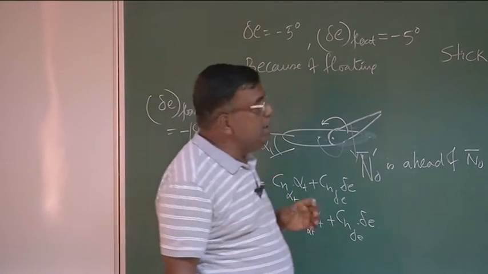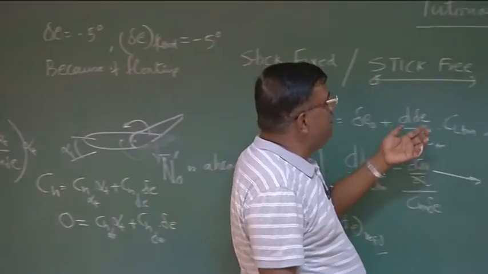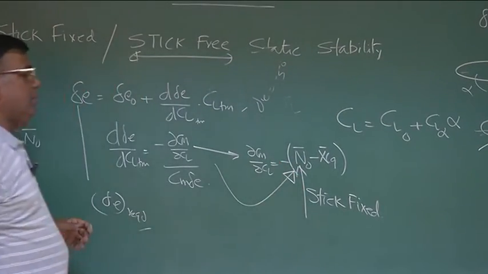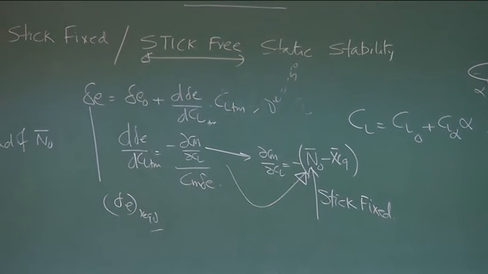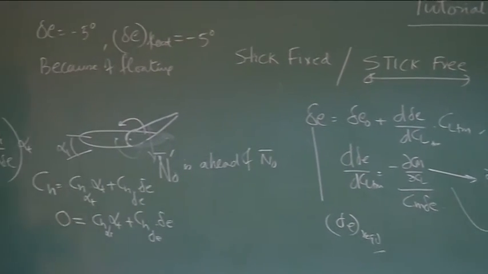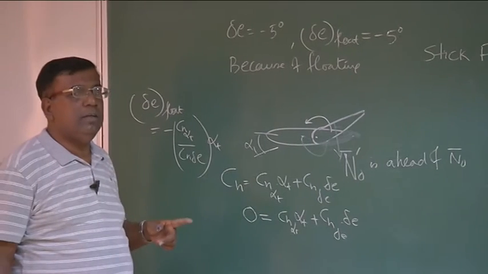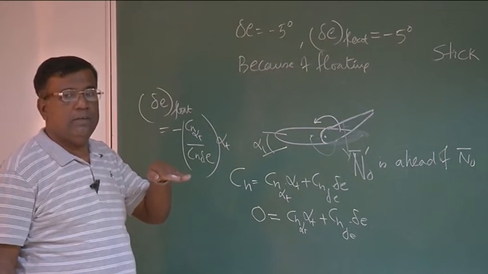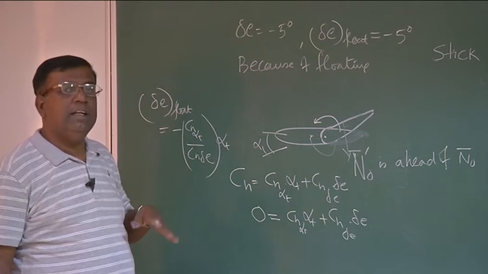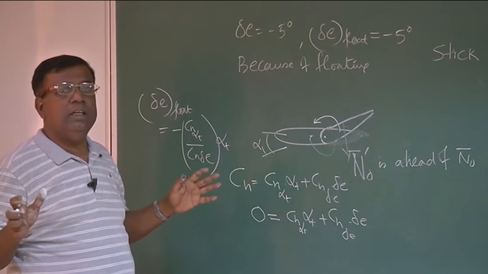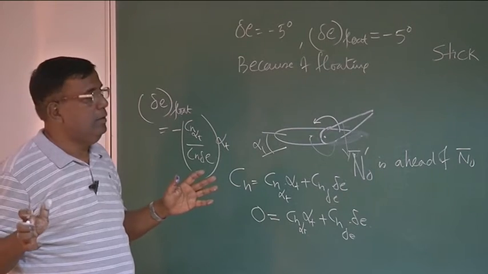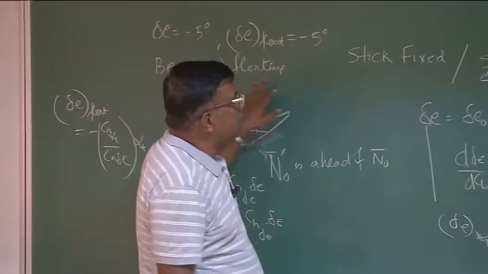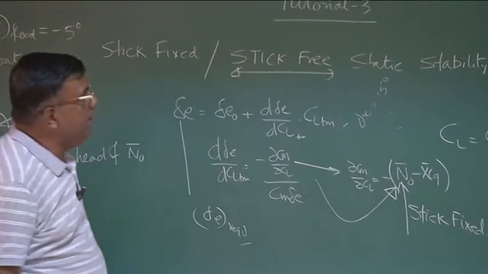So the understanding is how much CL trim is required is decided by stick fixed neutral point. That means when we are analyzing the neutral point, we have not allowed the elevator to float, so it is there, fixed, right? So that CL alpha of the tail remains CL alpha tail without any deflection of elevator, okay, at the tail. So this distinction has to be very, very clear.